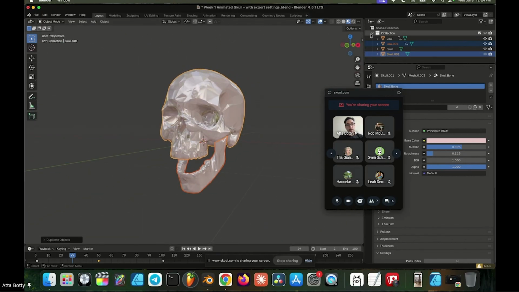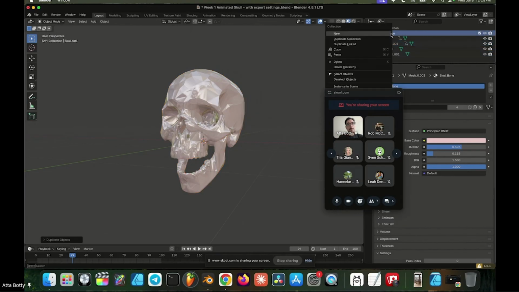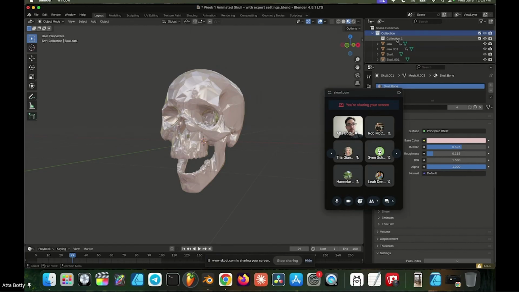What I'm going to do now is, see up here, we have the duplicate of the jaw. So we have jaw 001 and the duplicate of the skull, which is skull 001. I want to put the duplicates in their own collection so it makes it easier for us to see. I'm going to press on this collection, press new. And then I'm going to double click this new collection that happened right here. And I'm going to name it wire. So now I'm going to grab these, and you can literally just drag and drop the new duplicated ones into that folder. So now we have a separation between the wire and the